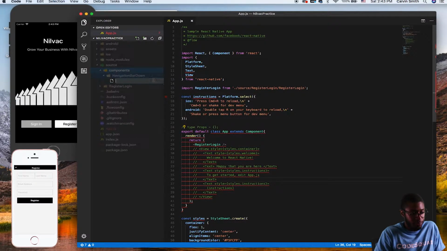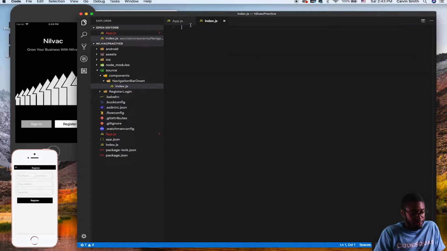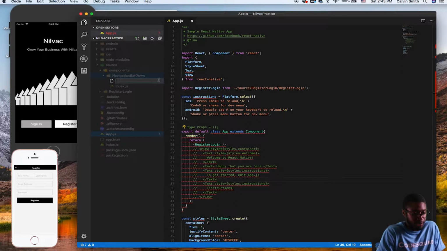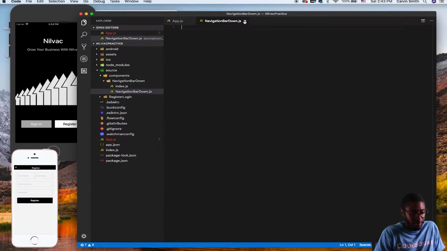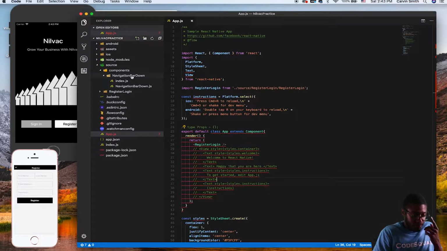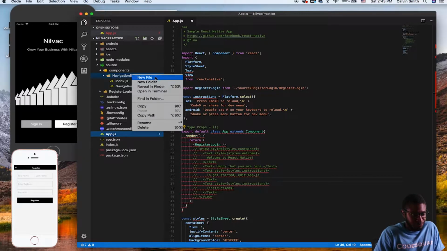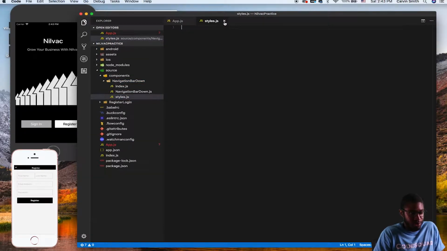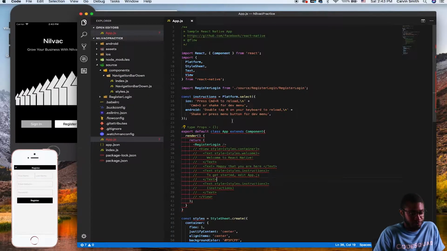and let's new file. Let's do index.js. So this is one reason why I like to use the terminal, because you have to do these files one by one. Navigation bar down.js, and it also pops up like that. And also styles.js. All right, so let's open that up,